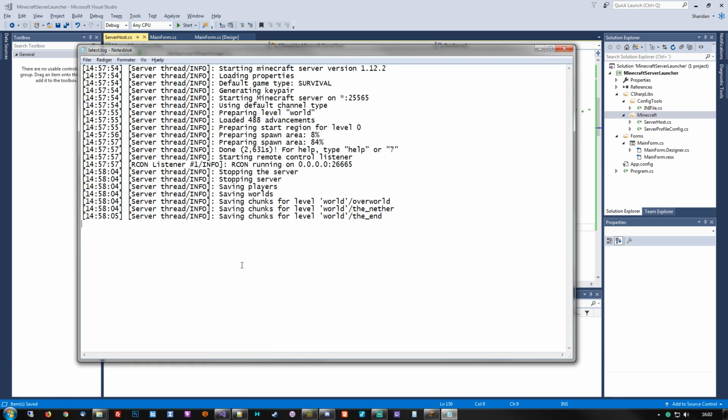There we go. Okay. So this is a dump of the last run of the Minecraft server, and it throws out a bit of information for us. Now, this particular line is the one that we need to see so we can properly raise the server started event, and we also need to look for this line and potentially this line, so we can properly raise the server shutting down event. On top of that, we need to grab all of this information and split it into two separate parts, one of them being the info, which is the log level, and the rest of it will just put the entire message out as the actual